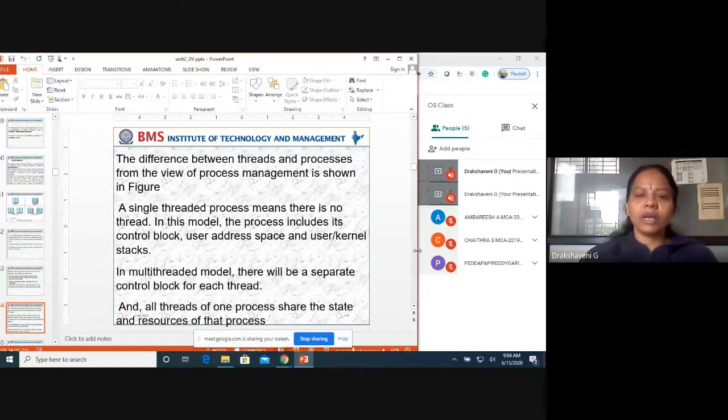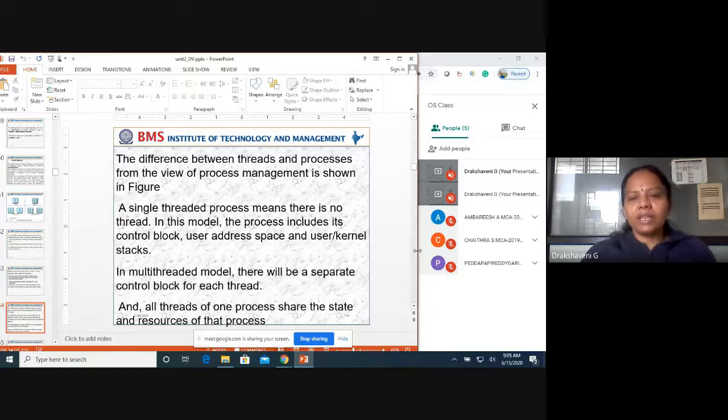That is called a single-threaded process. In the multi-threaded model, there will be a separate control block for each thread, and all threads of one process share the state and the resources of that process.